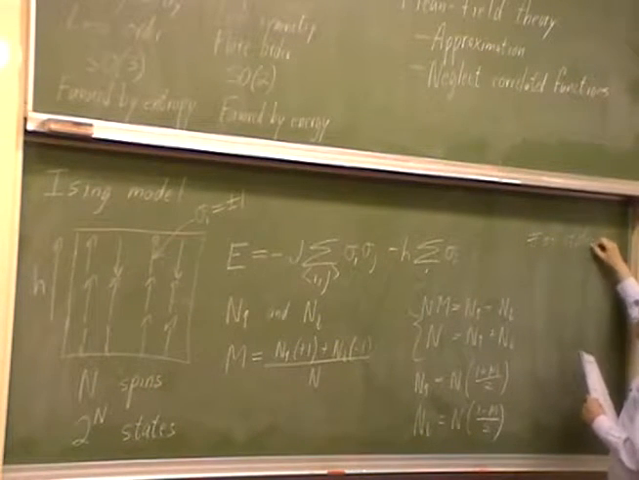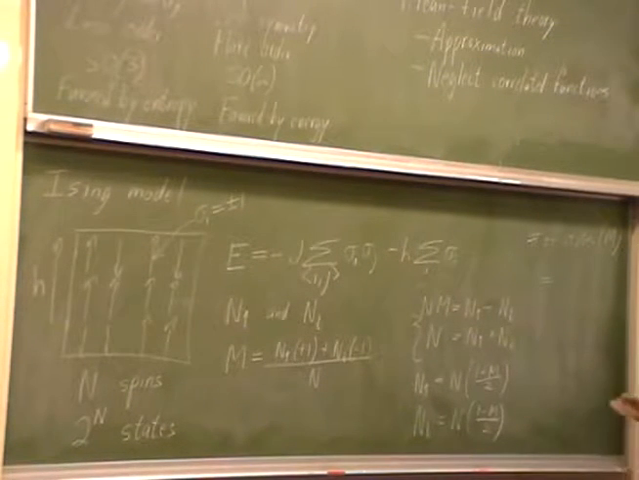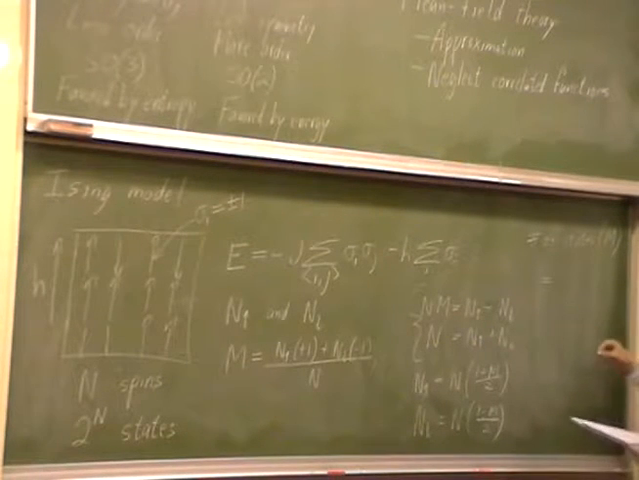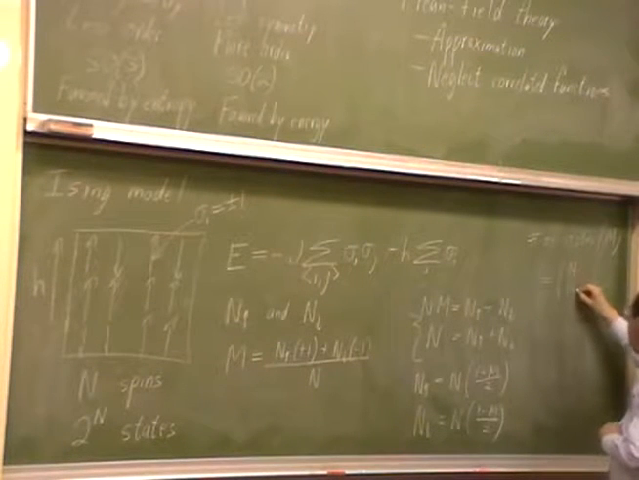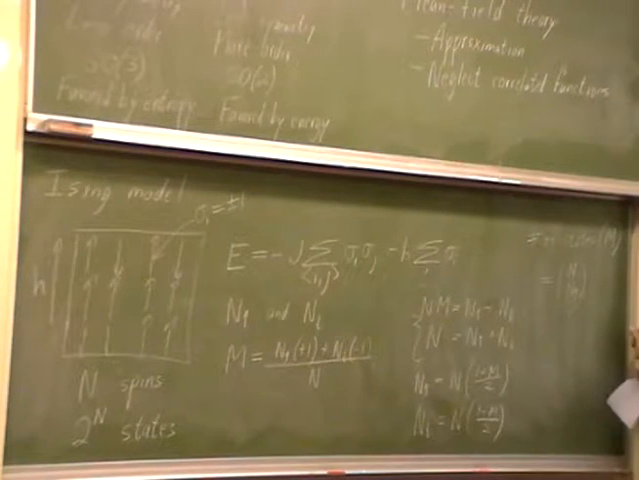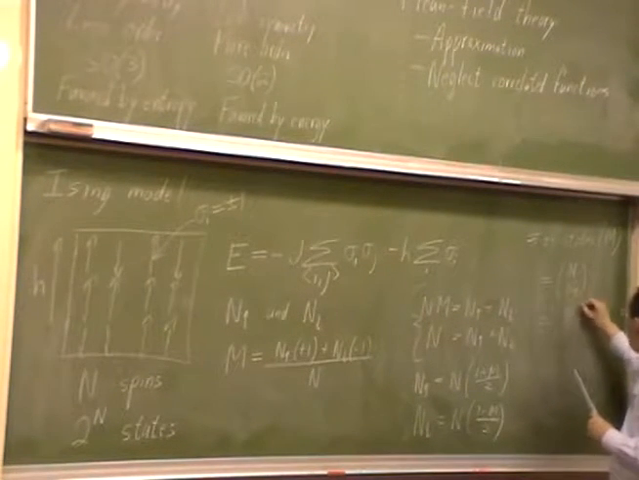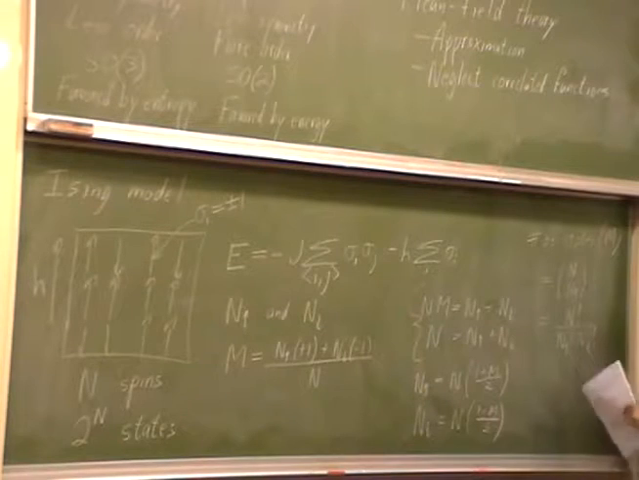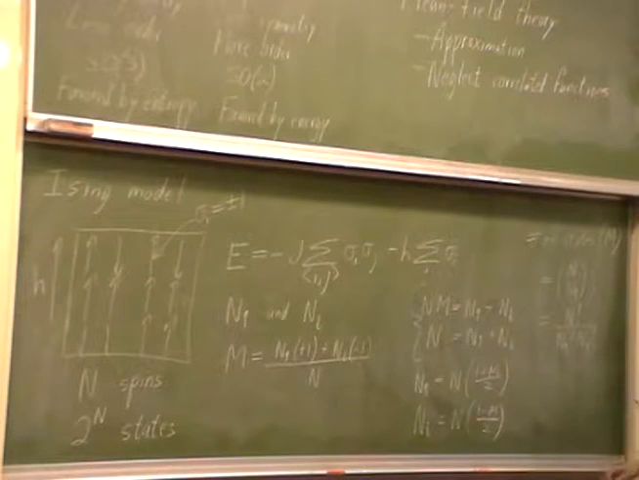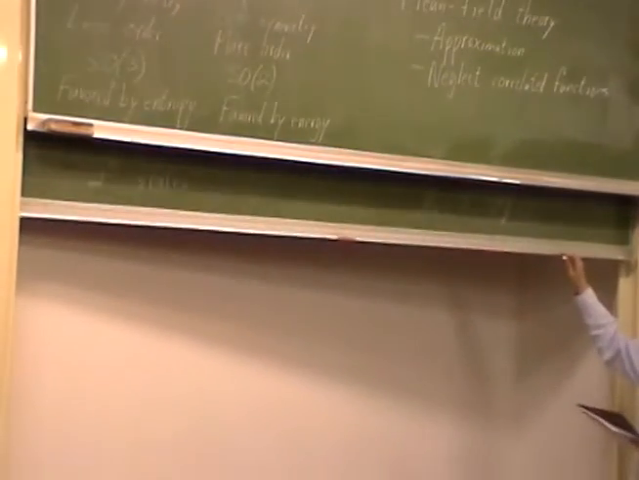of states as a function of m, right? Well, this is a standard combinatorial problem. It's the binomial coefficient of n choose n up, or it's equal to n factorial over n up factorial times n down factorial, like that, okay? And then that's just what I need to get the entropy. All right, so for the entropy,